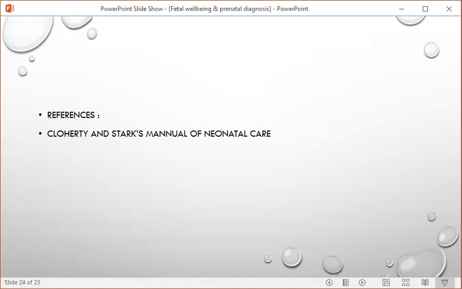Regarding fetal well-being, usually we do blood tests. This would be done in any case, even in a district hospital setup; it has to be advised. Usually they do the blood grouping and